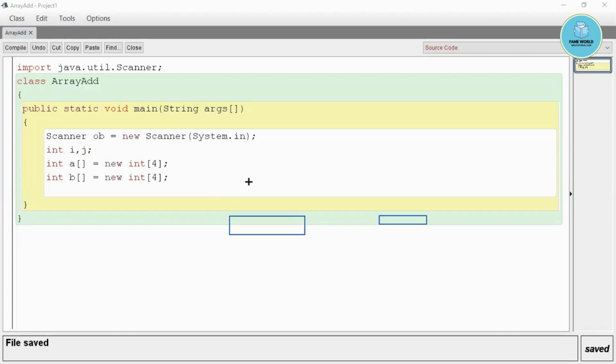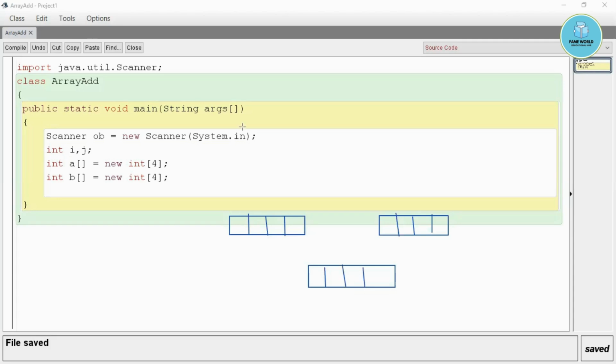These are two different arrays, this is the first array, this is the second array, and this is the third array. Why a third array? Because we have to perform addition, so we need one more array to store the values of the addition of two arrays.